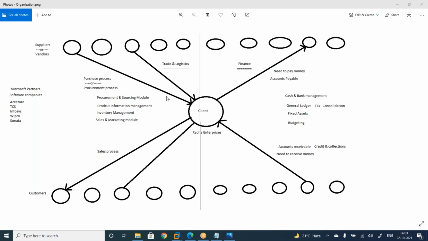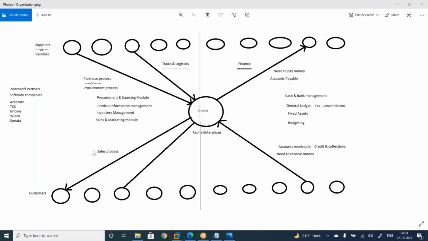Any process is same. So once it is received at your client place, you are going to sell these items to different organizations. These organizations are called customers, customer or customer account. And this process is called sales process.